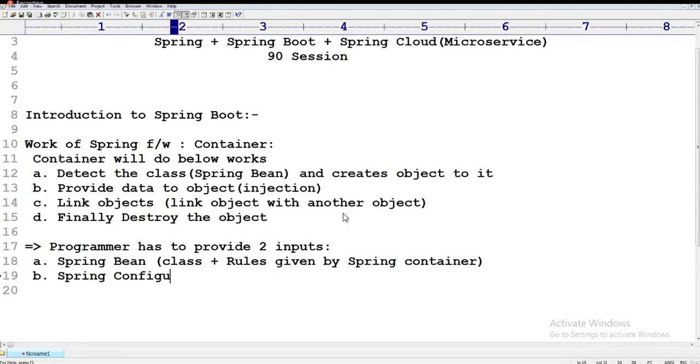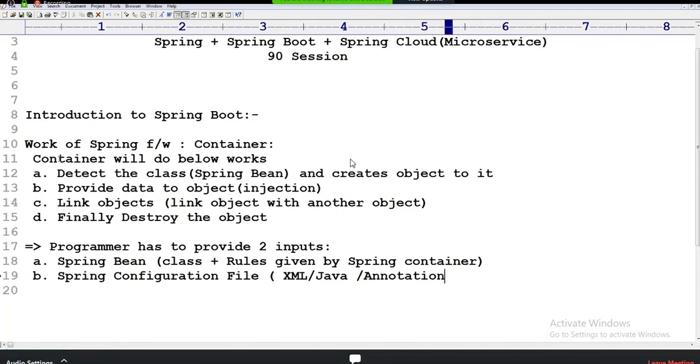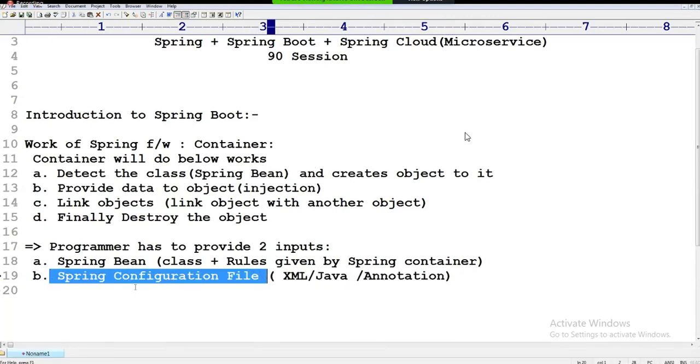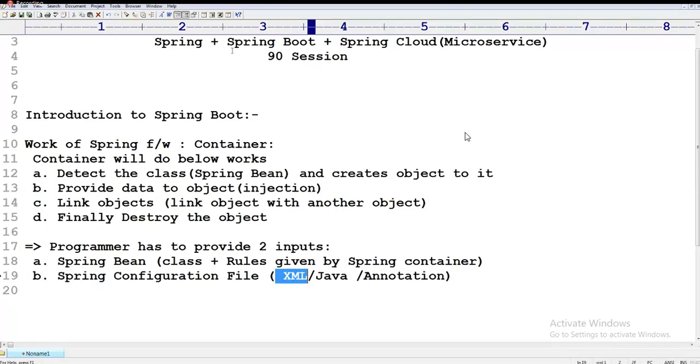The second one is the Spring configuration file. This configuration file we can write in XML, Java, and annotations. If you have done Spring concepts, initially you might have worked with XML, but coming to Spring Boot, XML is almost zero. We are not going to use XML in Spring Boot as it has become legacy.